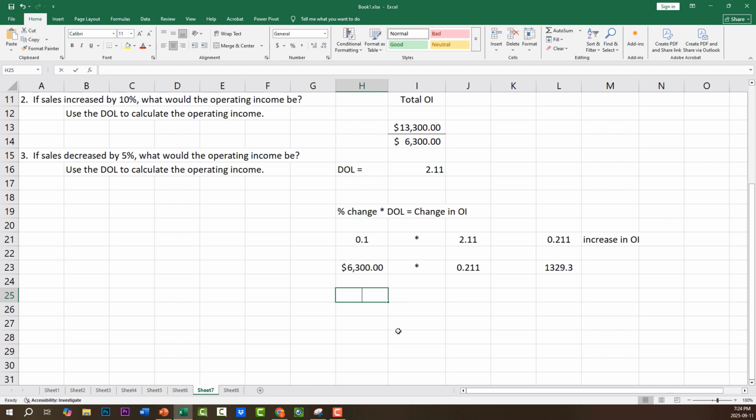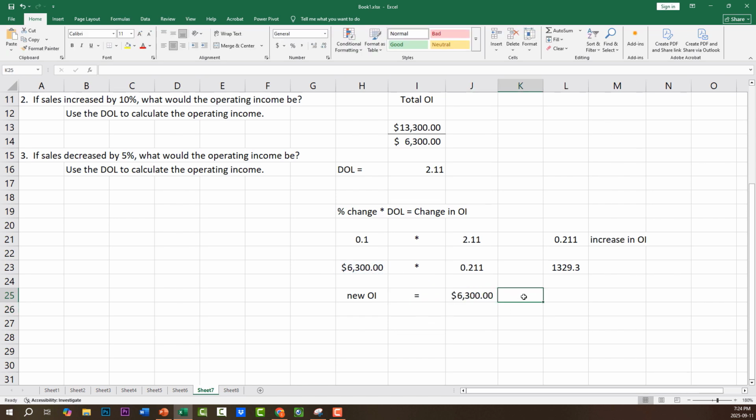So if I wanted to know what's my new operating income, this would be equal to the $6,300 plus the increase, which would be equal to